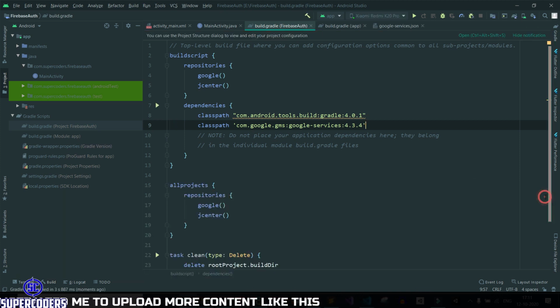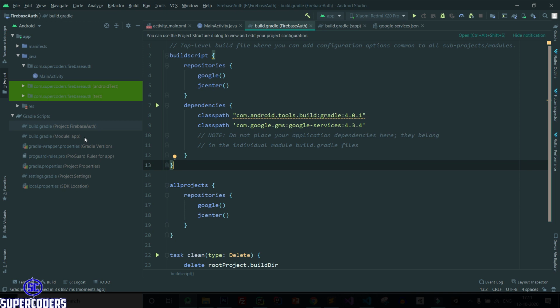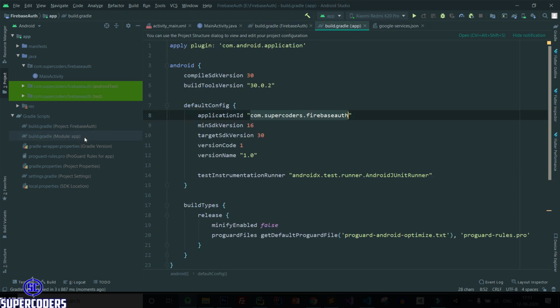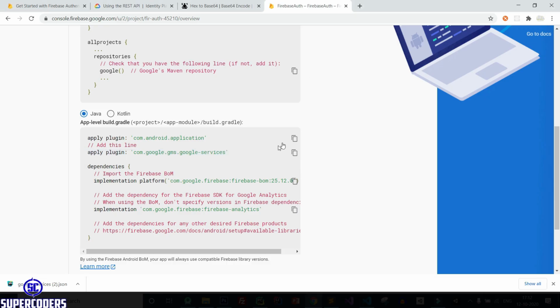So minimize it, and again now you need to work on next setting, which is in app module build.gradle. So first copy this Google service, copy it and open module build.gradle and paste your plugin. After that next is you need to add Firebase BOM library.